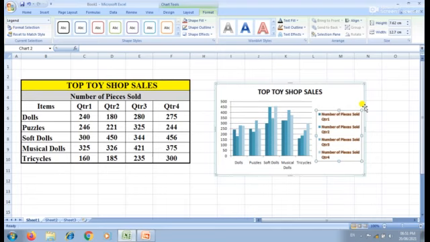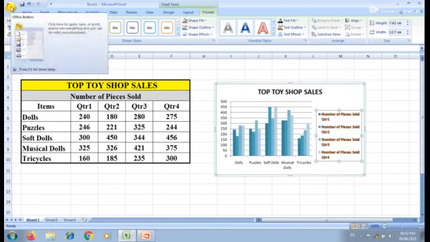Okay, at last, printing the worksheet. How can we print the worksheet? Some steps we have to follow if we want to get the hard copy of your worksheet. By printing, we can get the hard copy of the worksheet. I did not connect a printer to my system, student. I will just explain the steps of how to print the worksheet.